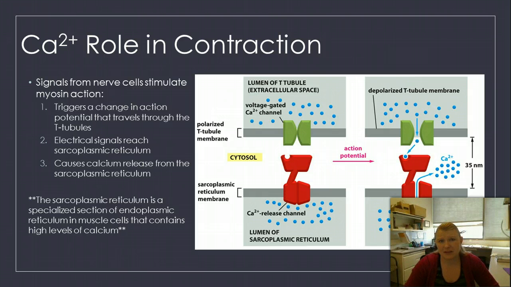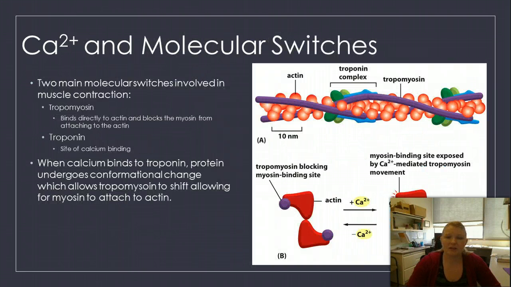Now, the sarcoplasmic reticulum is an area in the endoplasmic reticulum that's specific for muscle cells and high in calcium. And what's going to happen is when the voltage-gated calcium channel in the T-tubule opens, it will send a signal across to the sarcoplasmic reticulum, which signals calcium release. And so now calcium is going to be released into the cell. Calcium will then serve as a secondary messenger, similar to the cAMP that we talked about in the intracellular signaling chapter, chapter 16. So this calcium is going to travel to